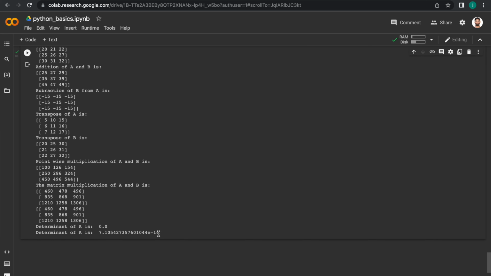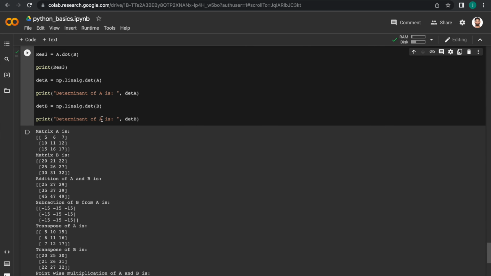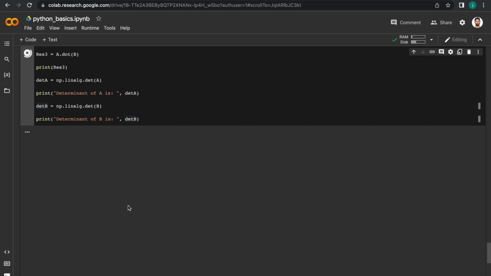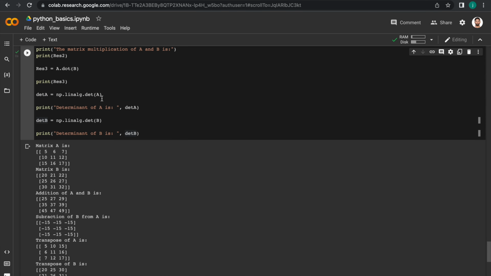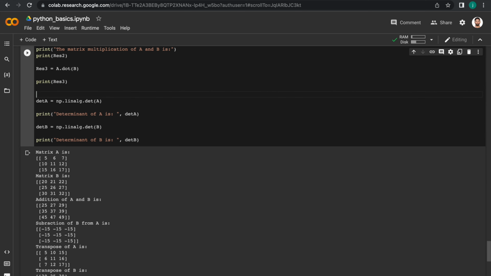No, it is coming out something, but determinant of B. But if you cross check, it will be correct. Okay, so this is how we can find the determinant of the matrices. Or let me do one thing, let me create a new matrix,